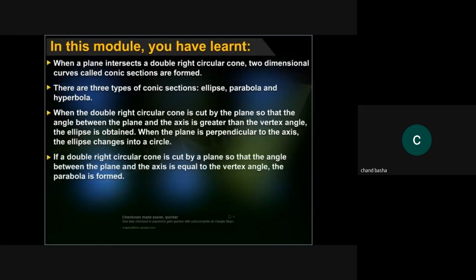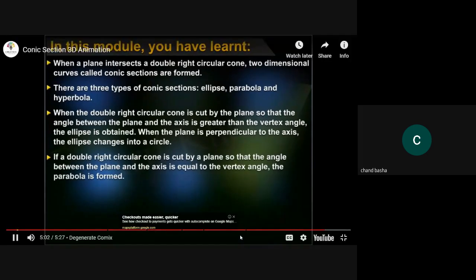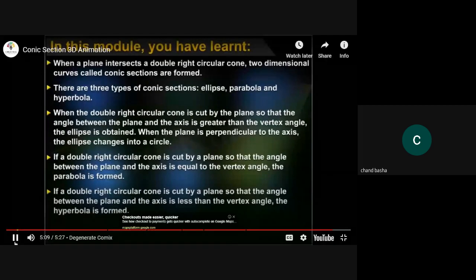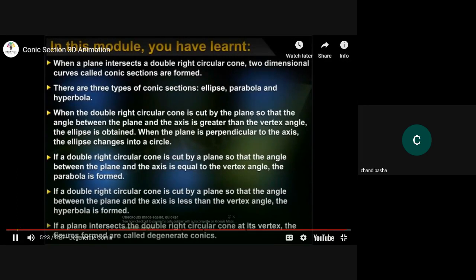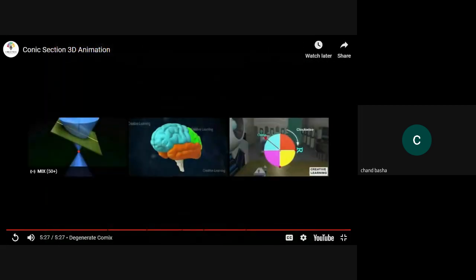If a double right circular cone is cut by a plane so that the angle between the plane and the axis is equal to the vertex angle, the parabola is formed. If it is cut so that the angle between the plane and the axis is less than the vertex angle, the hyperbola is formed. If a plane intersects the double right circular cone at its vertex, the figures formed are called